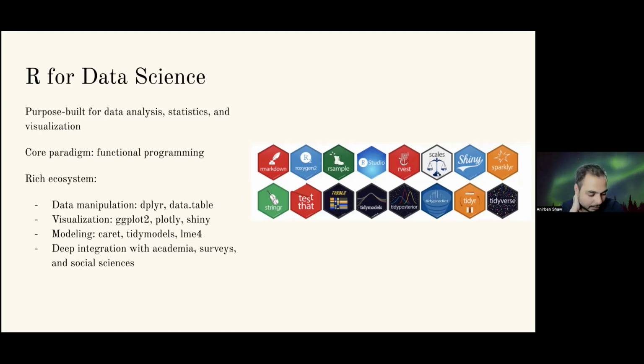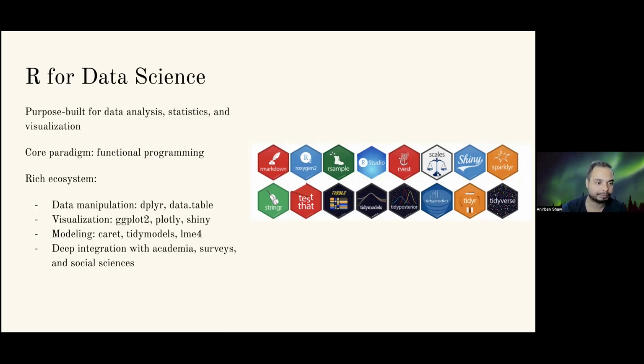This differs from Python and C++, and those programming languages where you have object oriented as well. When I say object oriented, I don't want you to get confused, but it's a different paradigm of programming. That's all, because this is focused on R. I'm not going to go into that because these are a world of their own. If you go into object oriented, there's a lot of things out there. So I'm just going to say it's a different approach to programming than functional programming, and I'm going to talk a little more about functional programming